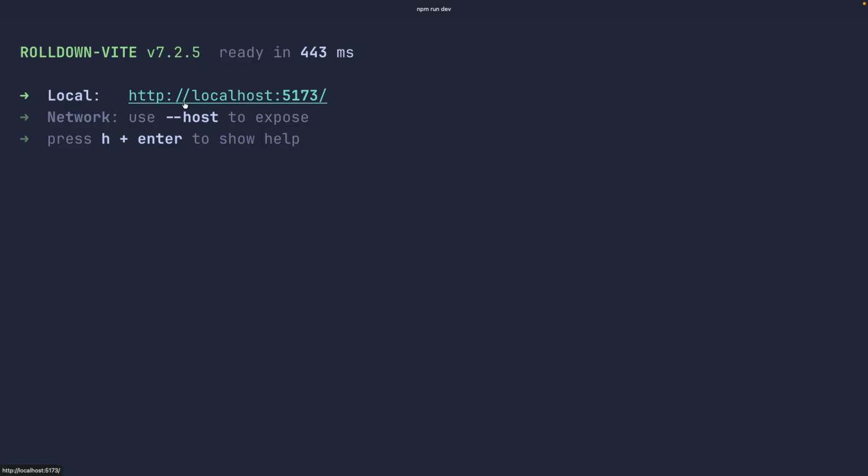And this will execute a local development server, very similar to what Live Server does in Visual Studio Code. But the difference here is that this server knows how to understand Vue and it compiles on the fly so you can actually see the changes. So if I open that,